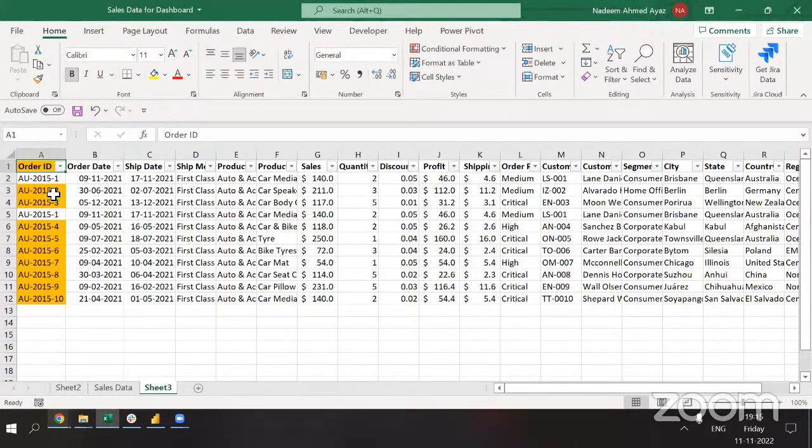Order ID AU 2015 and 2 is not repeated anywhere else. But this particular number is repeated 2 times. So that's why it's not highlighted. Right, so you can add more than one condition to it. So I can tell that, you know what, uniques to be highlighted this color and repeats to be highlighted